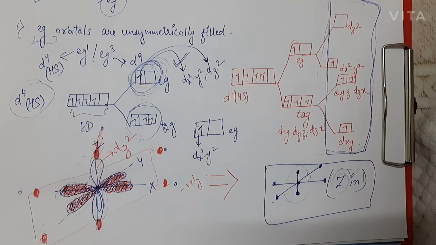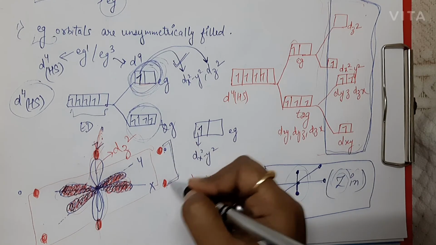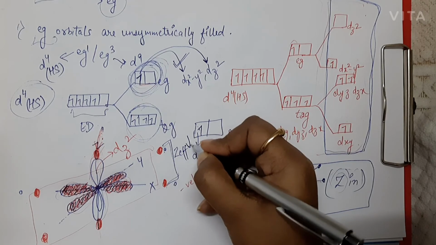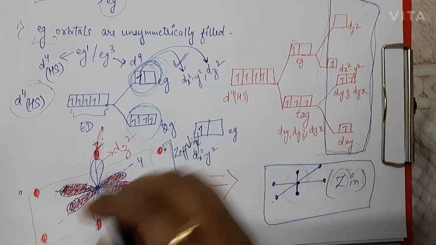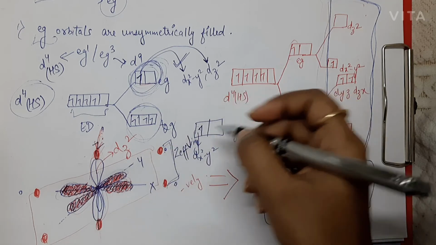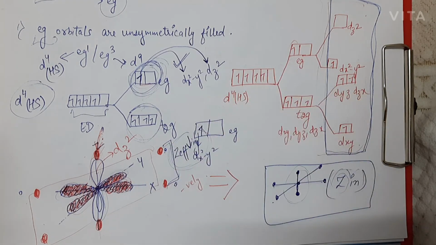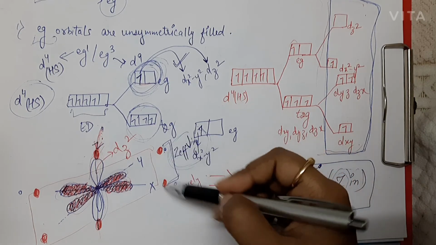If you are clear with Z in, then it will be easier for you to understand Z out, right? A similar concept will be applied there. Here, along the x and y axis, what happens with Z effective? Along the x and y axis Z effective is decreasing. You can understand what Z effective is, that we studied a lot. Because of the shielding provided by these electron clouds, Z effective is decreasing, and along the z axis the Z effective is increasing. So that way also you can explain it, because of Z effective.